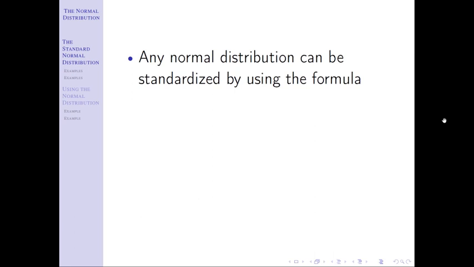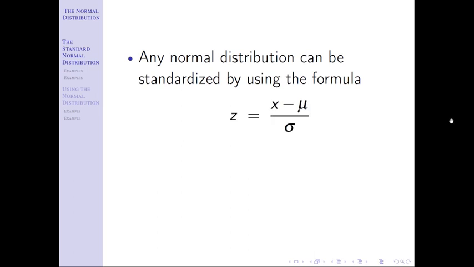So any normal distribution can be standardized using the following formula that I'm going to give, and you should already be thinking about what this is because we talked about how to standardize back in chapter 2. So this might be a good time for you to think through that. Pause if you want to. You don't have to go back and look, because I'm going to tell you in just a second, but just stop and think if you can recall. And these are the types of things you need to be able to recall. We covered in chapter 2 that when we standardize a value, that's value minus mean over standard deviation, and that is a z-score. Okay, and so it's by the formula z equals x minus mu over sigma.